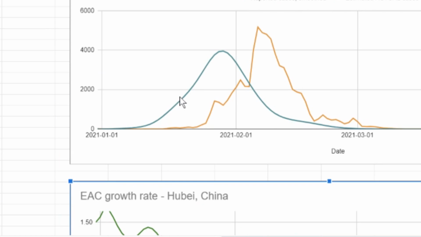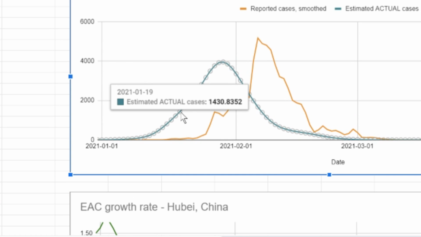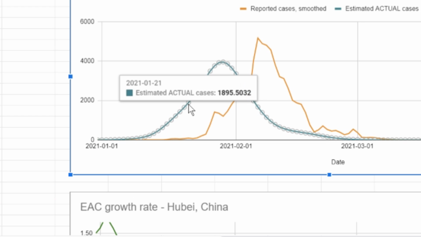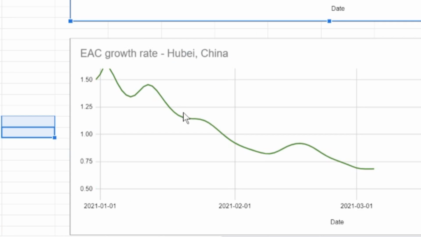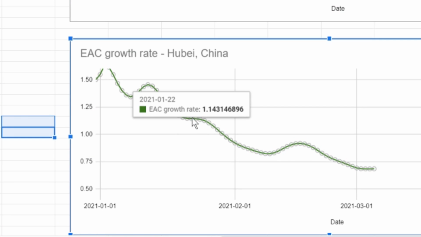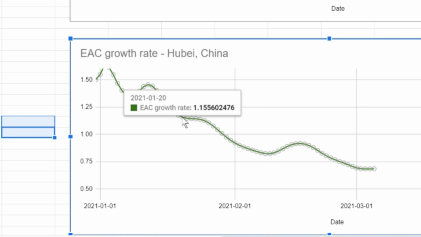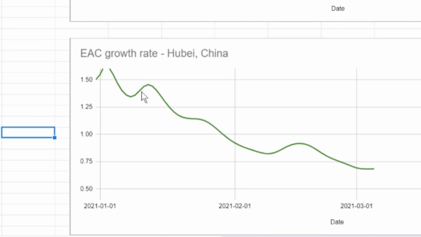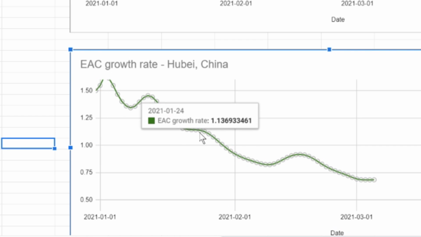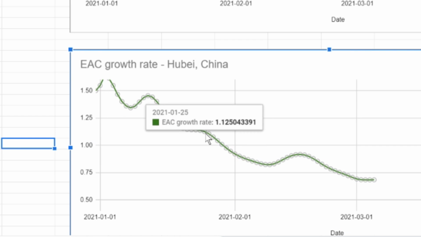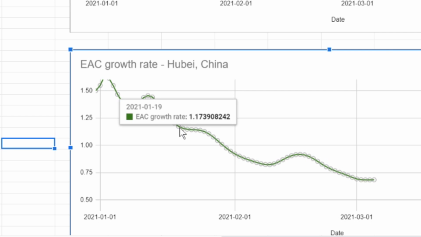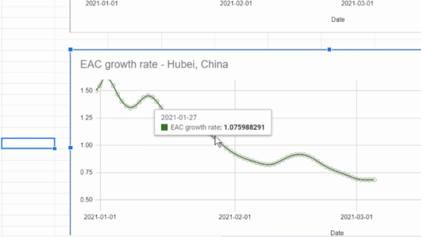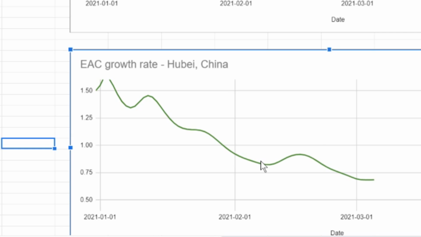So when I was talking about that rise from 1,400 to 1,600 to 1,800 around January 20th earlier, that corresponds to right here where the graph says that on January 20th we were rising by about 15% each day, pretty close to the 1 plus 1/7 I was talking about earlier. Now the reason why growth rate is so important is because if it were to continue the same way, it can determine the difference between a pandemic spiraling out of control and fizzling out without a huge impact.